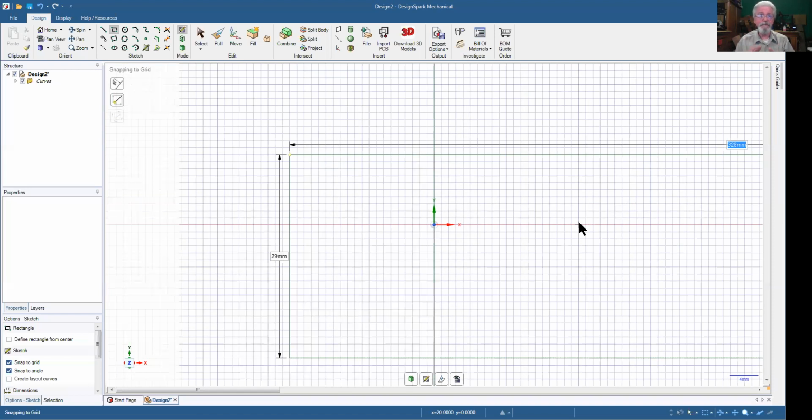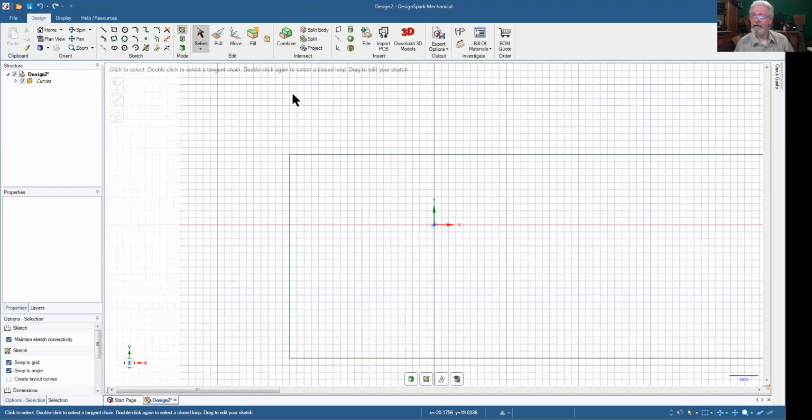DesignSpark does do many interesting formulas, I come to find out. For example, let's say you need a line. Let's go ahead and change this, hit escape. We're going to go to the line. Let's say we need a line the square root of 25, which would be 5. But for some reason, let's say we have a formula with square root in it. So I believe the notation is,